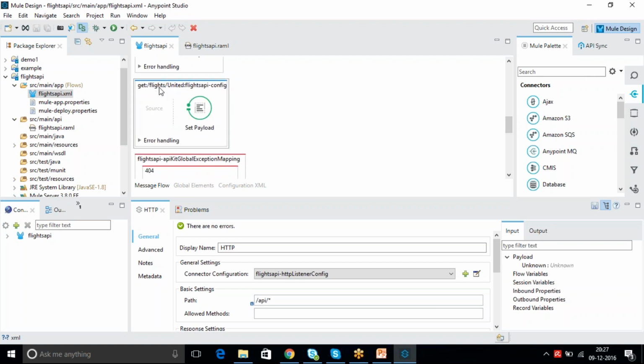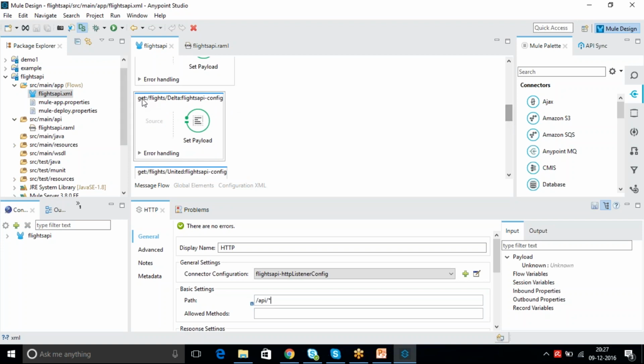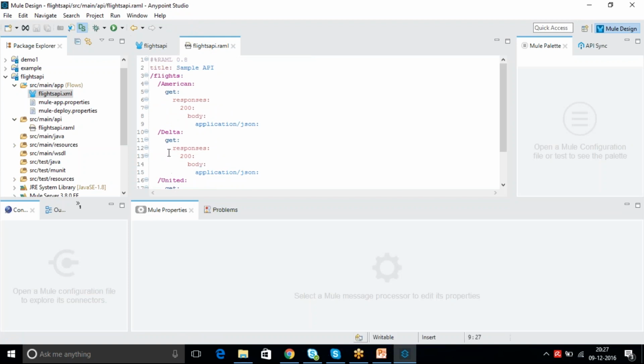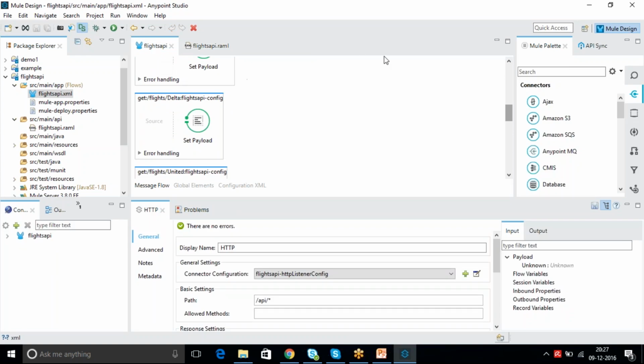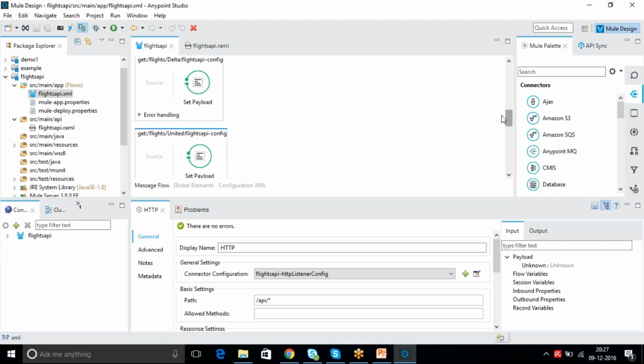And one more endpoint is API /flight/United. So these are the 3 endpoints which I exposed. If you see the structure, how you implemented, the flows got generated the same way. You have given all 3 get methods only, get for United, Delta, American. The same way flows got created, one for Delta, American, and then United. So get under the flights only.